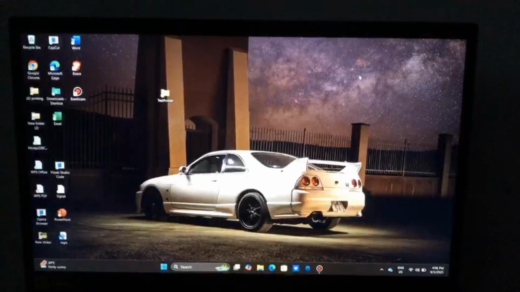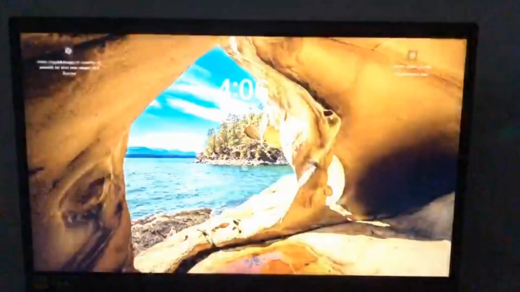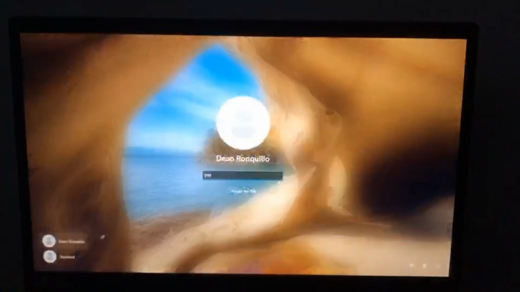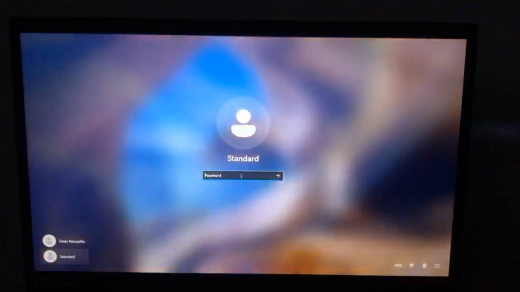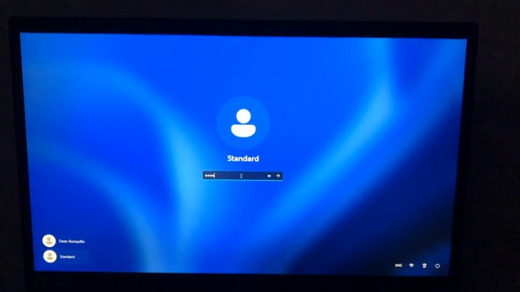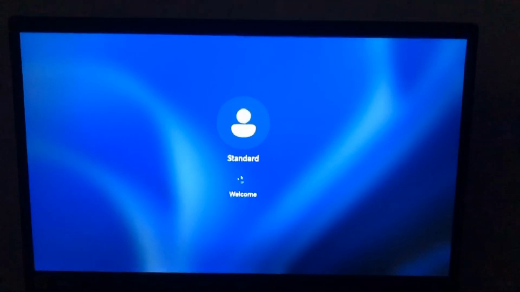Now we're gonna go to the standard user account. Just press Windows L and then standard, type the password, and then we're just gonna wait here.